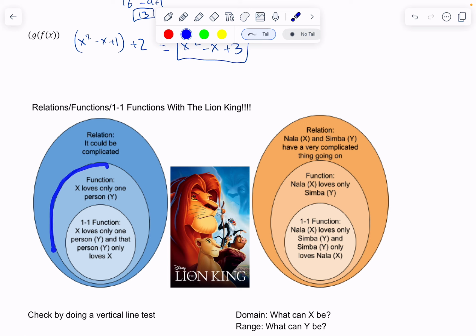In a function, specifically, you have something where the X goes to exactly one Y. If I ever have an X and I ask, hey, where does this X go to? I know it exactly goes to a specific Y. In a function, X loves one person Y, and it's a functional relationship. A one-to-one function is when X only loves one person, Y, and that one person only loves X. X goes to Y, and Y goes to X, and they always go back and forth,